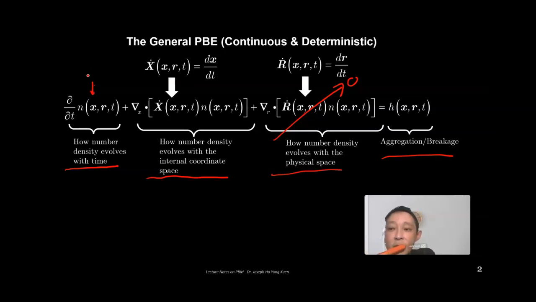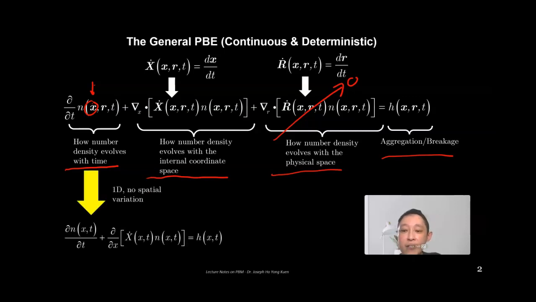In this case, you would not have a vector of the internal coordinate, but you have just one element in this vector because of your single or one internal coordinate that you are picking. And this would reduce the dimension of the population balance equation substantially. So then, if you have 1D and no spatial variation, this is the population balance equation that